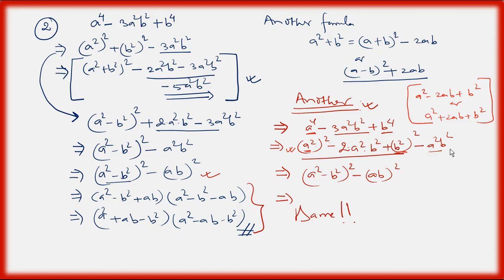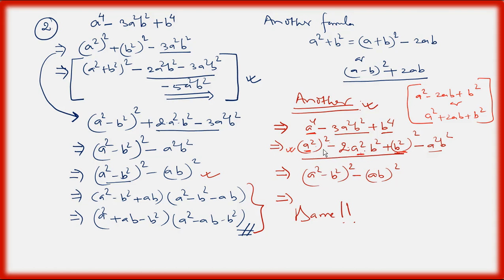It can be, if you put plus here, you need to write minus 5, because to obtain minus 3 we can do plus 2 minus 5. So I have written minus here, that makes it easier, or we get the pattern. So minus 2a²b² is the pattern, because I want to express all these three terms in a² minus b² whole square form, meaning (a minus b) whole square form. Here square terms are used, that's why (a² minus b²) whole square form.